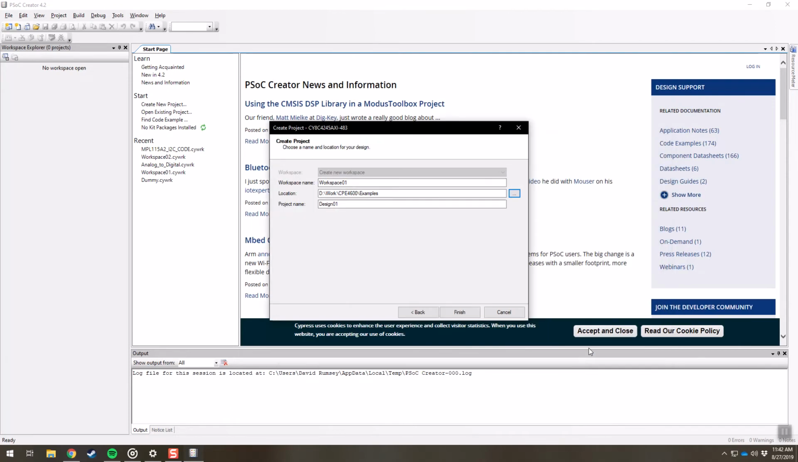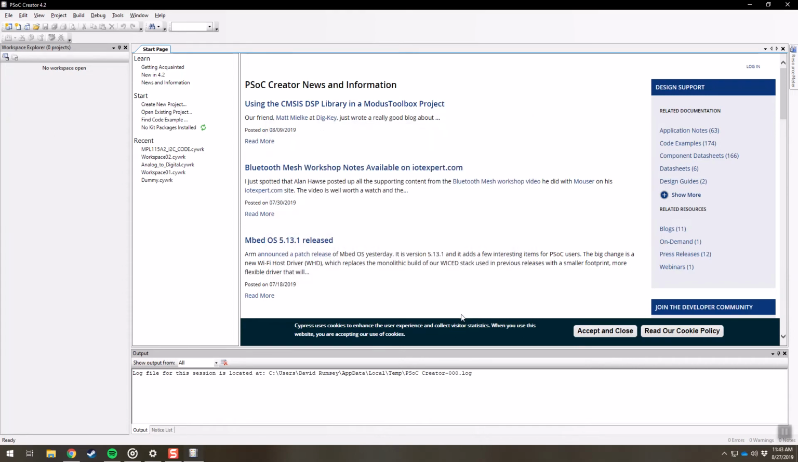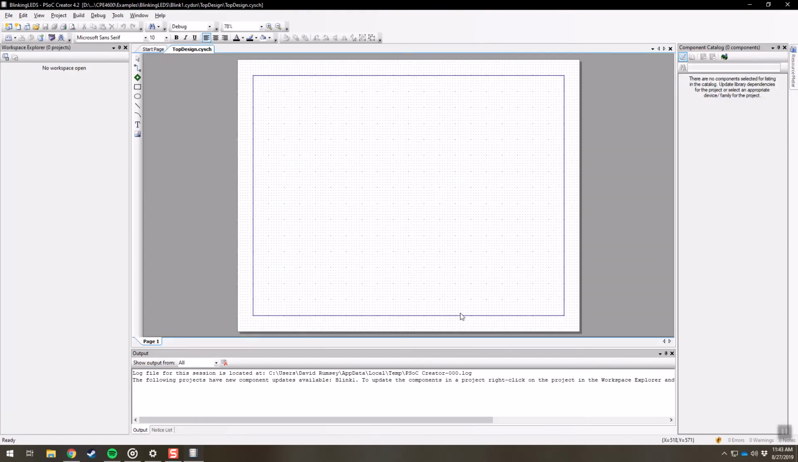And so I'm going to select that folder here, and it does remember this. Like if I close out of this program, it should go there. Instead of calling this workspace 1, I'm going to just call this here blinking LEDs, and I'm going to call design 1 the blink 1 because we're going to make a blinking LED, and this is our first way we're going to do it. All right, then we click on the finish button, and it's going to generate